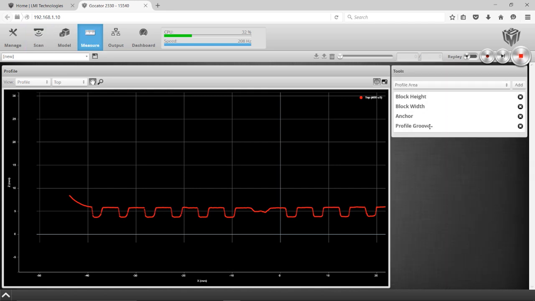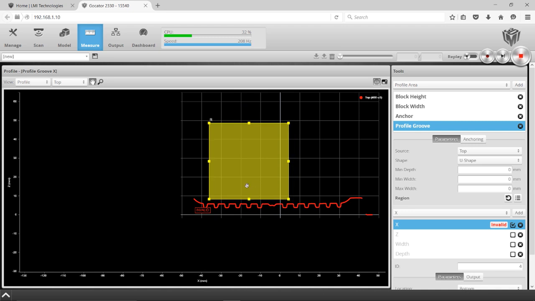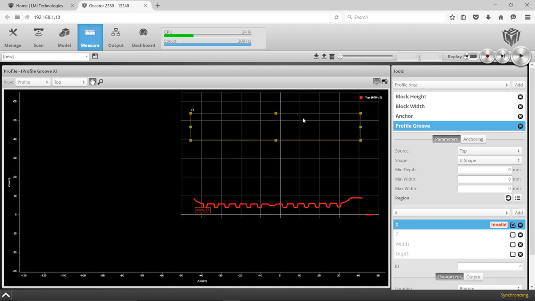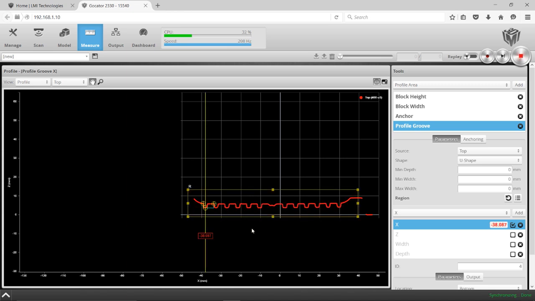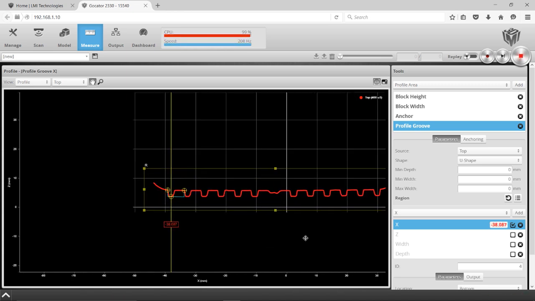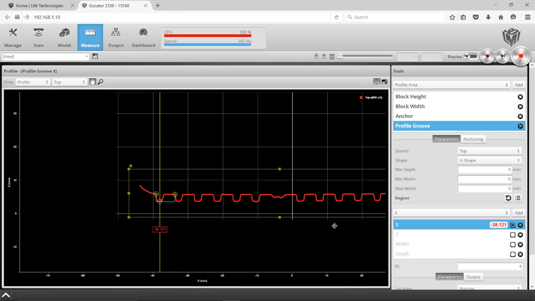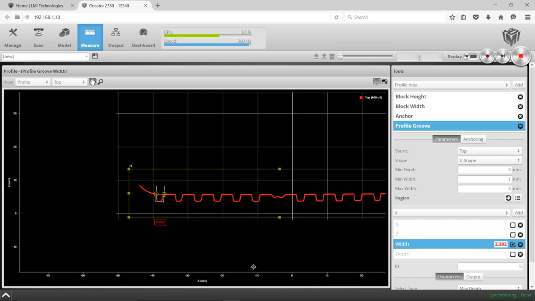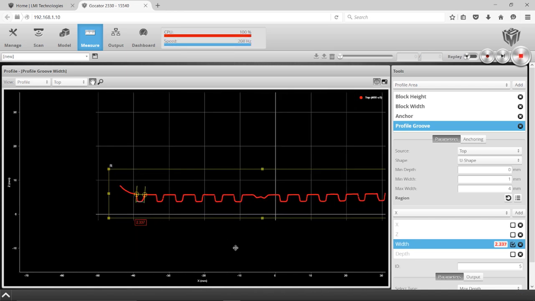And when I get into this tool, I'm going to take this feature box and drag it over the entire object. And I get to decide what a groove is. So I can actually define its minimum depth, its maximum width. Right now it's not quite finding the groove I want because I haven't really set it up to do so. So let's say min width, max width, we'll say 3. And what you'll see is that it is currently measuring, let's see, we'll put that to 4. And we want to get the width of the groove. And it's finding among this large field of view,